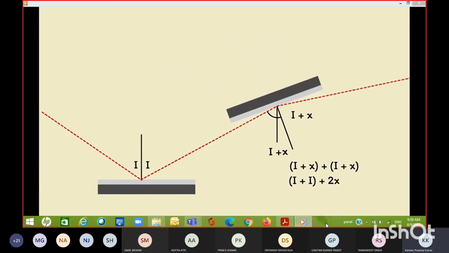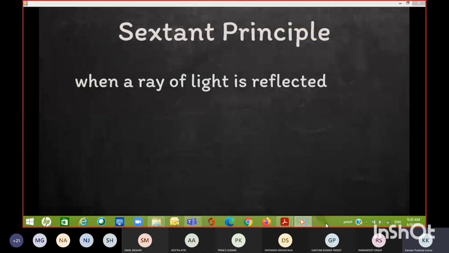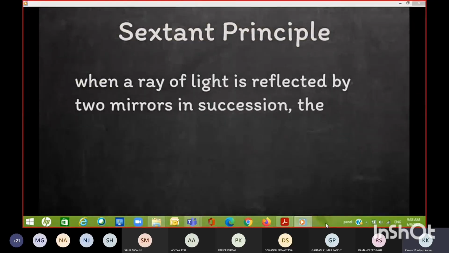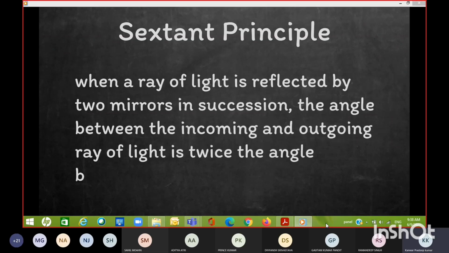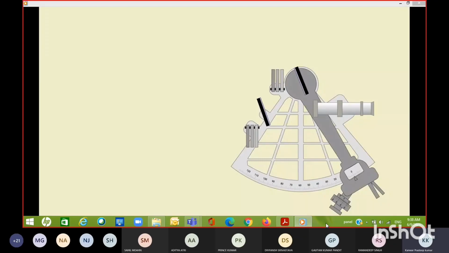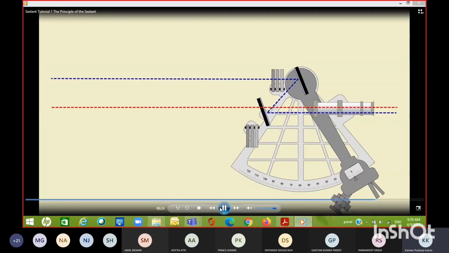Overall, the reflected ray has been deflected by twice as much as the angle between the mirrors. This is the sextant principle: when a ray of light is reflected by two mirrors in succession, the angle between the incoming and outgoing ray of light is twice the angle between the mirrors. Now that we understand the principle, we can head back to the sextant and see it properly in action. We've already said that when set at 0 degrees, both rays of light come from the same direction. If we change the angle between the mirrors,